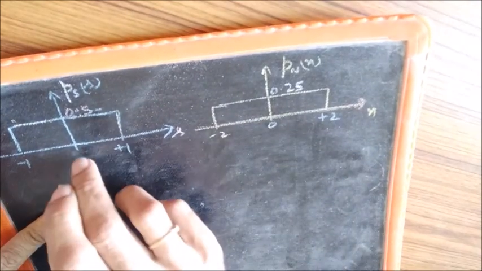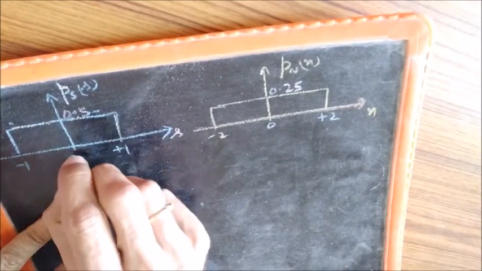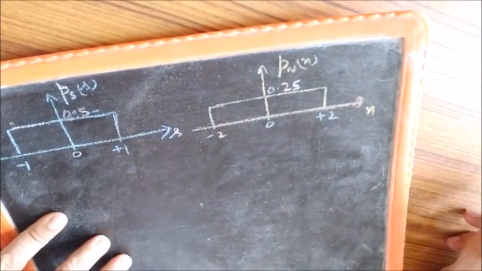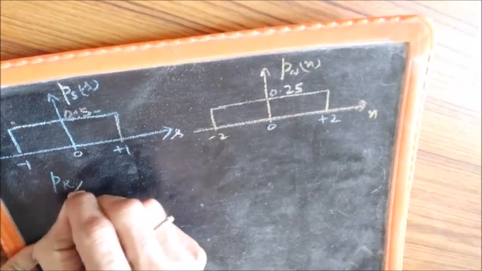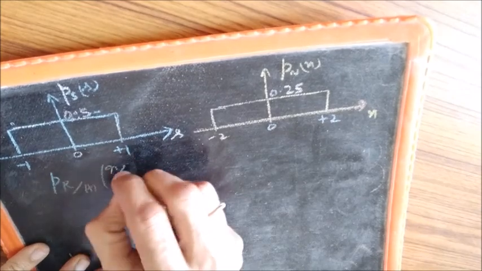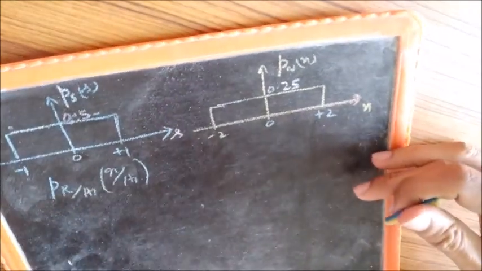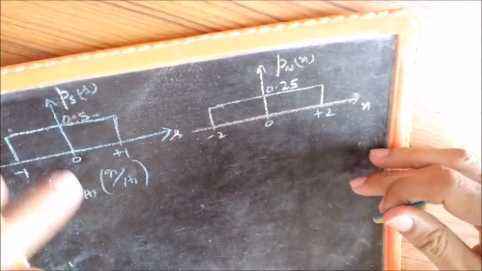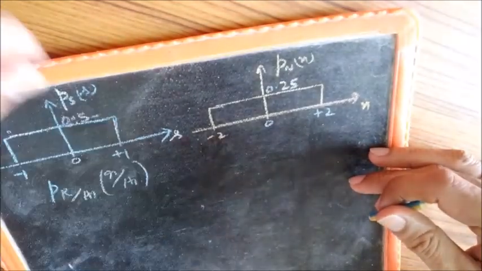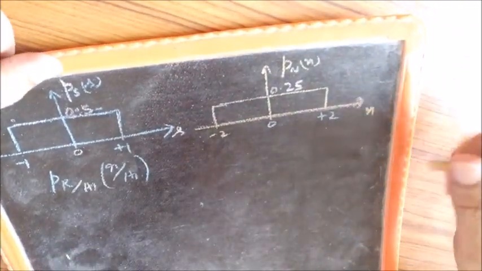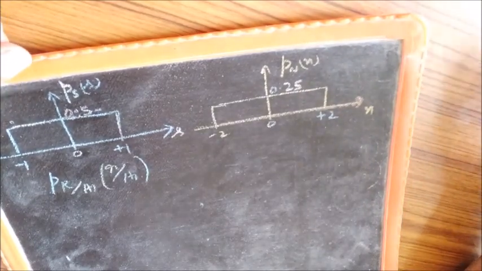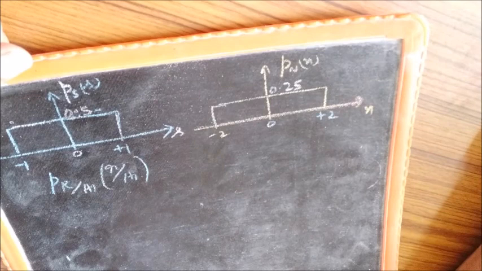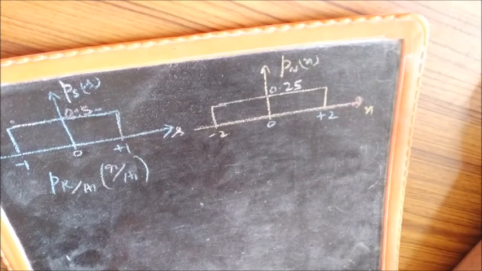So with this information, let us proceed. First we have to determine P(R|H1), that is the conditional density function of the received random variable when H1 is the true hypothesis, and then we have to determine P(R|H0), so that we can find out the likelihood ratio, and then from that we can determine which are the decision regions, and so on and so forth.